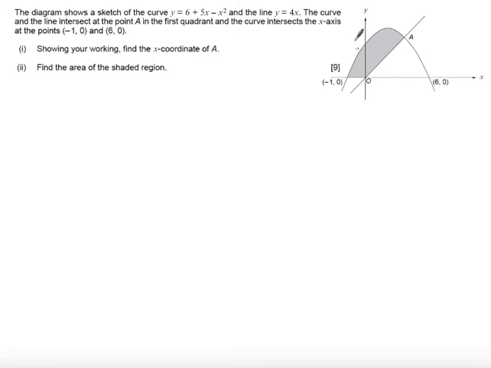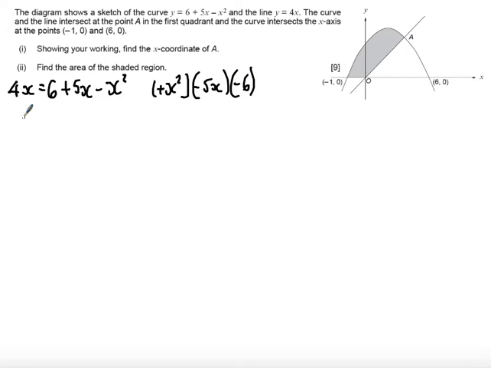So we're looking to find points of intersection on this curve. That means I'm going to solve these equations simultaneously. So I'm going to say 4x is equal to 6 plus 5x minus x squared. It's a nice version of simultaneous equations because it's y equal to both of them. I can just put each of the functions in x equal to each other. I'm going to add x squared to both sides to get positive x squared. I'm going to subtract 5x from both sides, and I'll subtract 6 from both sides, so that we get left with